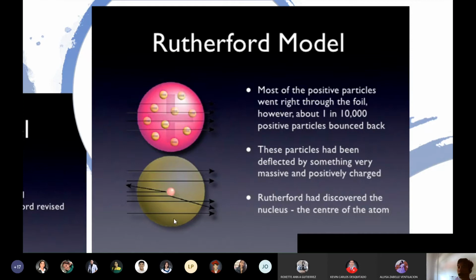And it is filled with void, where electrons can be found. So the electrons are here, but there is something in the middle. He called that center the nucleus. And since the nucleus repelled all the positive charges, it must also be positive in charge. So the electrons here are negative, but the one in the center is positive. The nucleus is positive. So that's Rutherford's